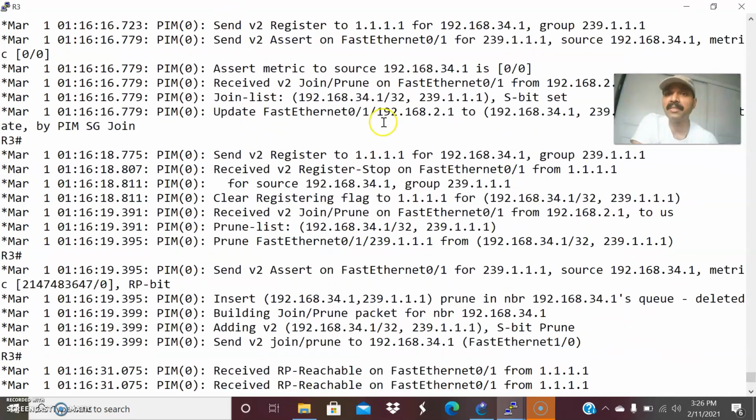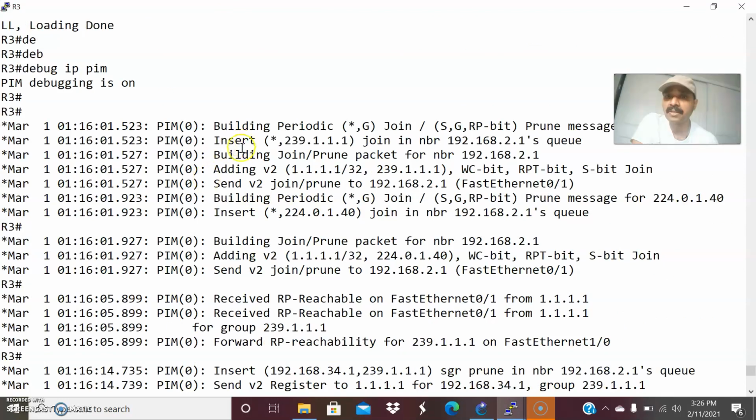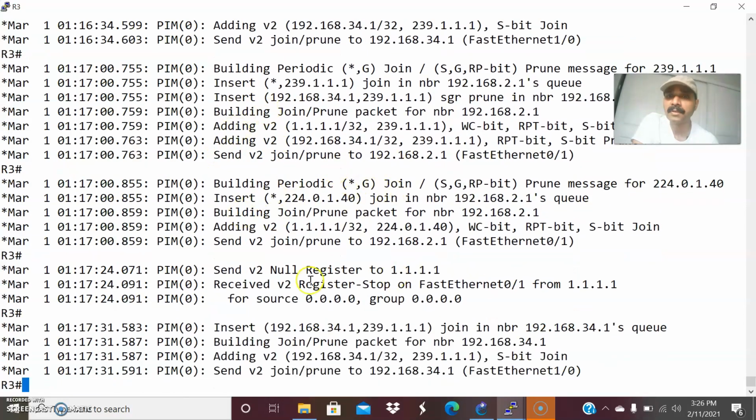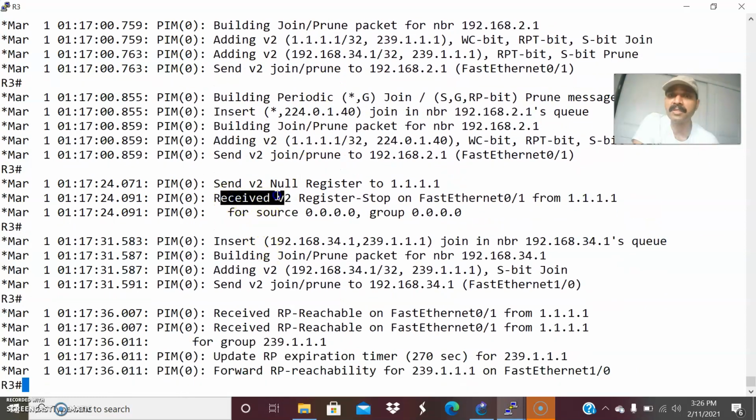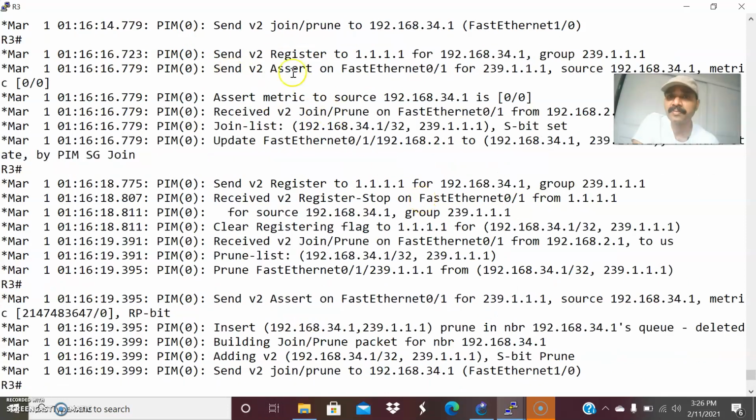It started registering with the RP. You can start from the scratch. It is sending the register message to the RP, right? And it receives a V2 register stop message on FastEthernet 1/0. Initially, it sends the V2 register to 1.1.1.1 for 192.168.34.1.